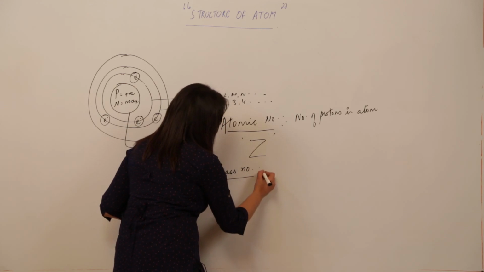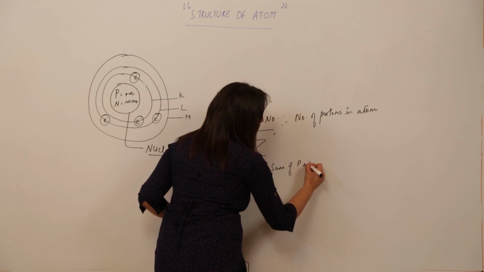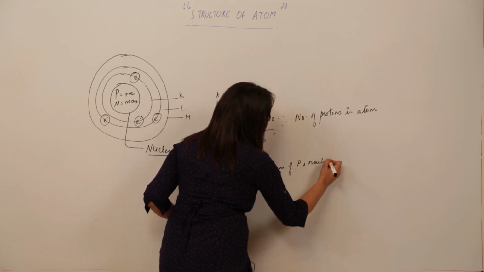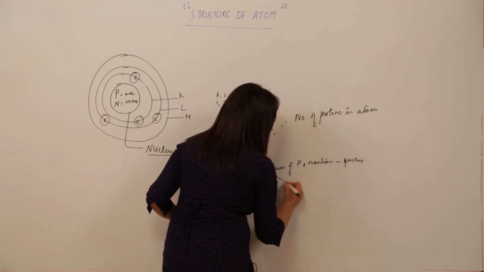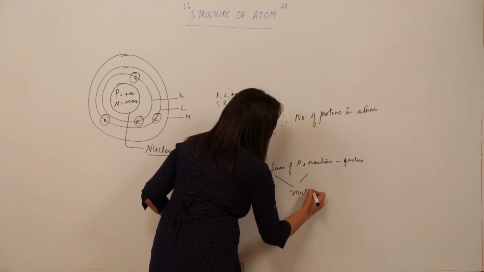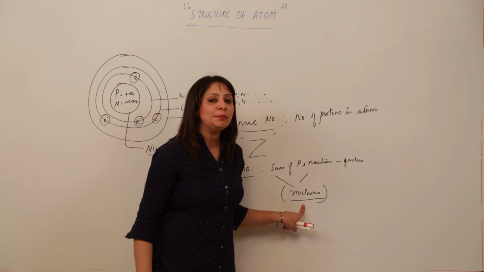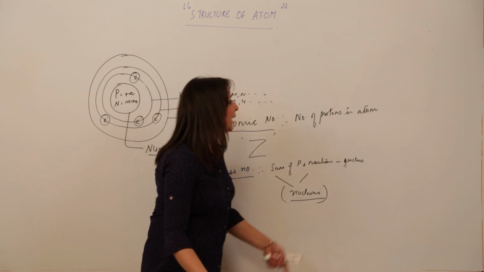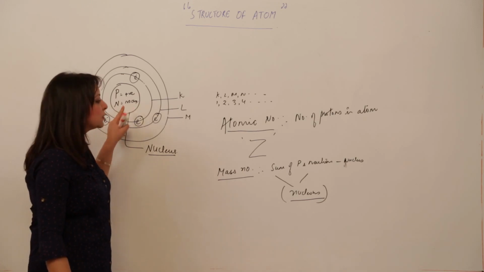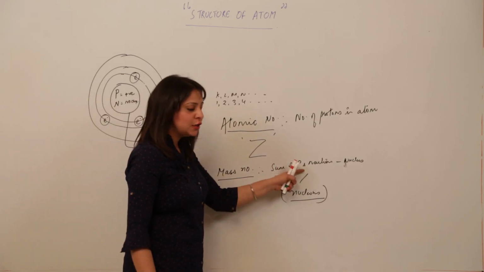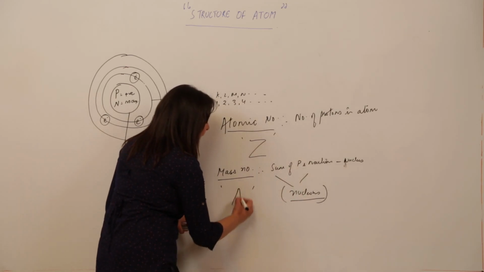atom is mass number. Mass number is actually the sum of protons and neutrons present in the nucleus, or we can say it is equal to the number of nucleons in the nucleus. Nucleons are considered as particles which are present in the nucleus, and as Bohr already told us, there are only protons and neutrons in the nucleus. So either we can say it is the sum of protons and neutrons, or we can say it is equal to the number of nucleons. It is abbreviated as A.